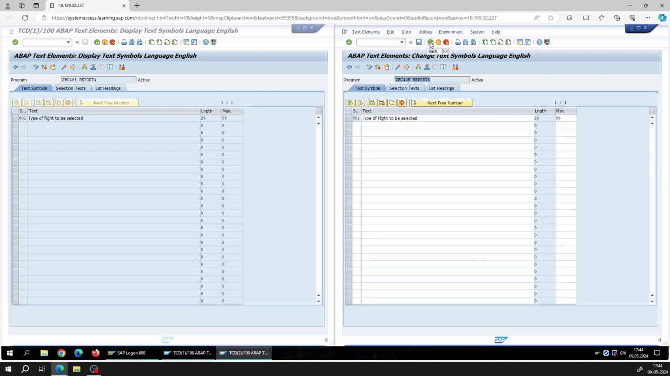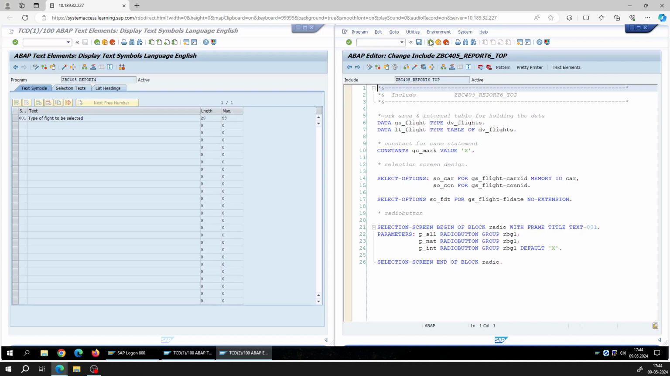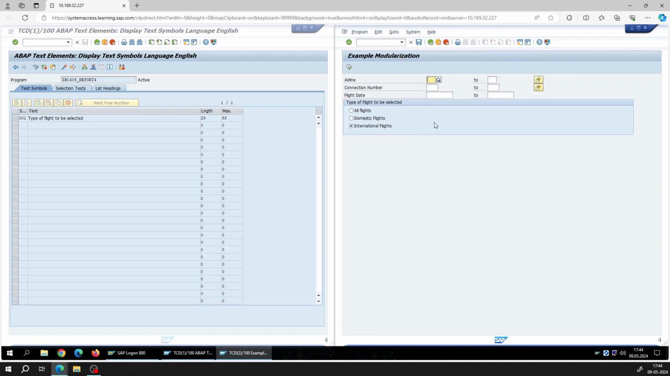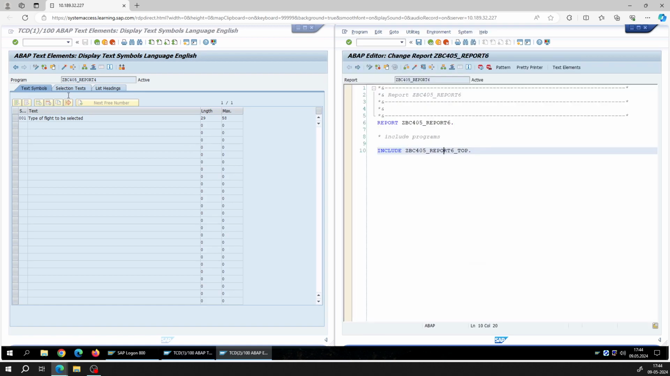So you cannot carry the text or text symbol or text selection text in your include program. Okay, so now execute this one. You can see the selection screen is already there. Okay, so now the next modularization technique is,